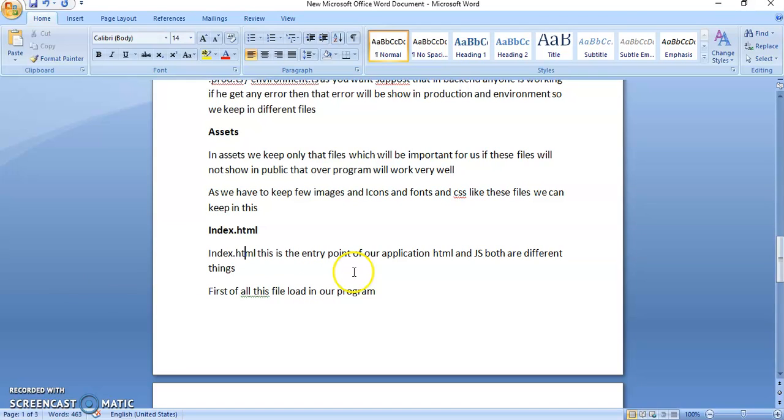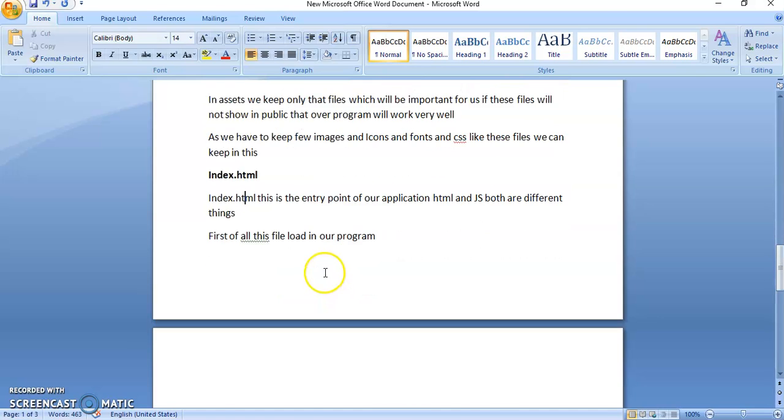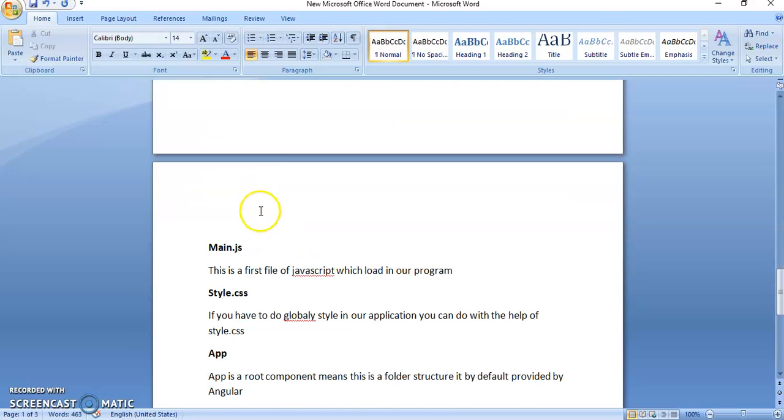Index.html is the entry point of our program. HTML and JS are different things. First of all, this file loads in our program. Whenever we are creating our project, this file will be loaded first. After loading this file, other files will be loaded, and the main work we can do in this file.